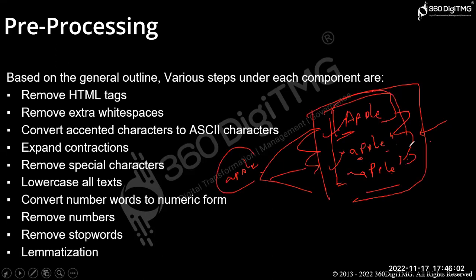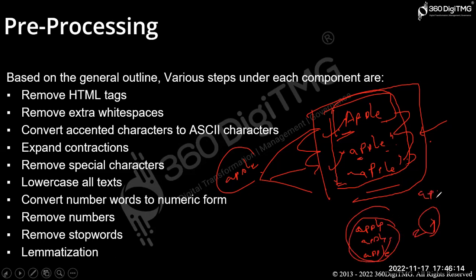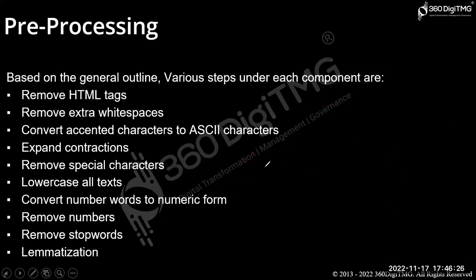So what we have to do is convert all these into lowercase. In that case, what happens? Apple, it is also apple and it is also apple. Now Python will be considering all as just one, that is apple. So for that, we will be converting all this data into lowercase. And then we will be using bag of words to convert all the words that we'll be having into a numerical form. And if you have extra numerical values, that numerical data in the text, in that case, we'll be removing that, and removing the stop words.